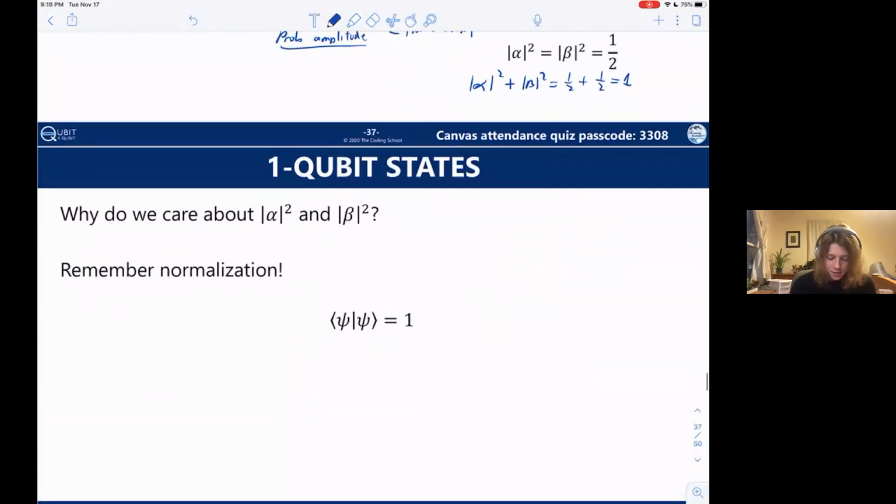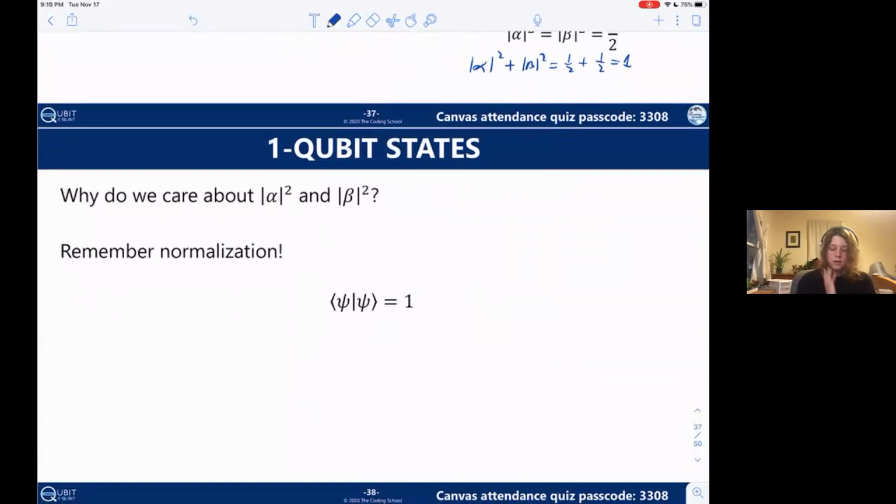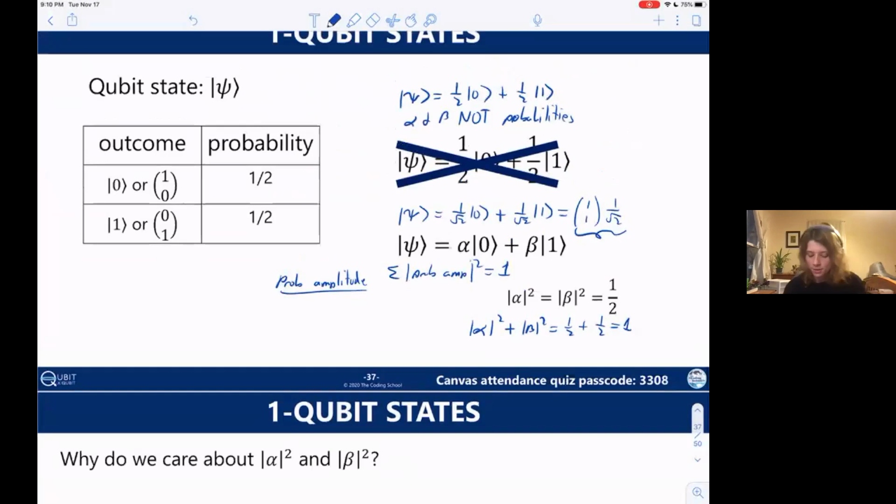So this is kind of a discussion of what we already went over, where we care about the probability values. Oh no, you guys are totally right. It would make perfect sense. This should be a plus state.